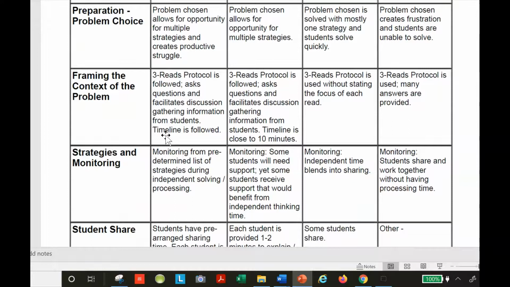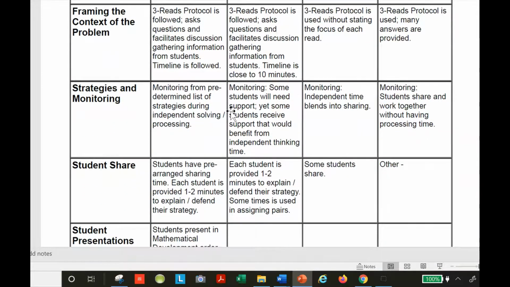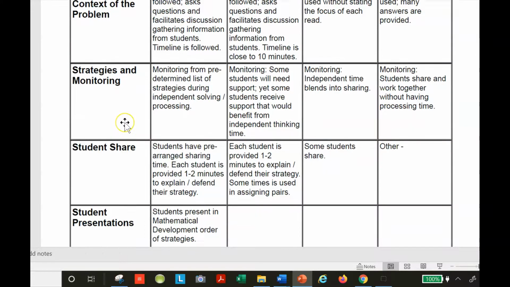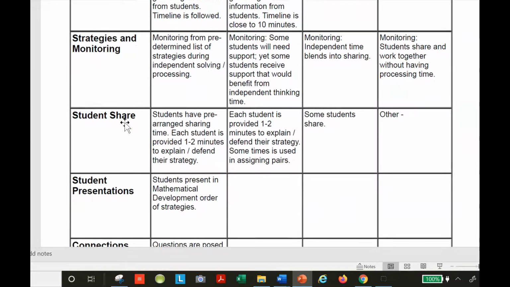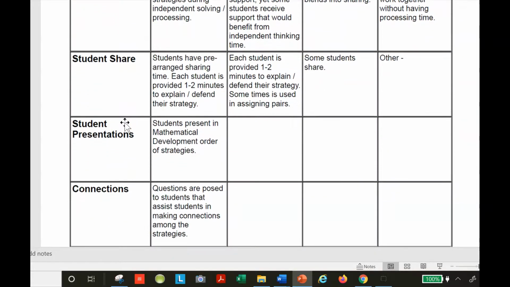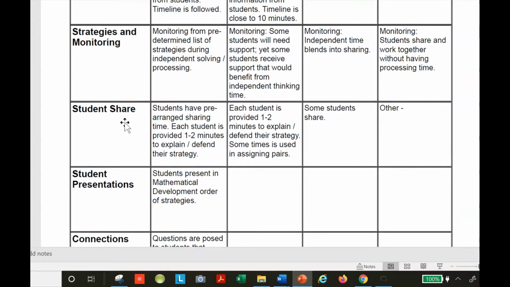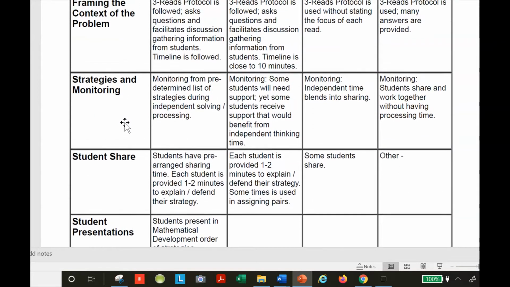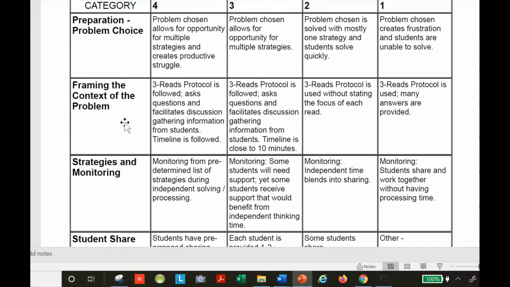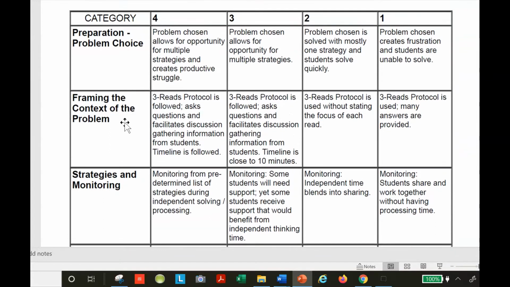Did the Three Reads protocol help students frame the context and the levels of what we see from our students? And then the third line gets into actually seeing what strategies students use to solve, strategies and monitoring, and then student sharing and student presentations of their information. So the last 3 rows are really about students solving, but the first part in the self-reflection is about the